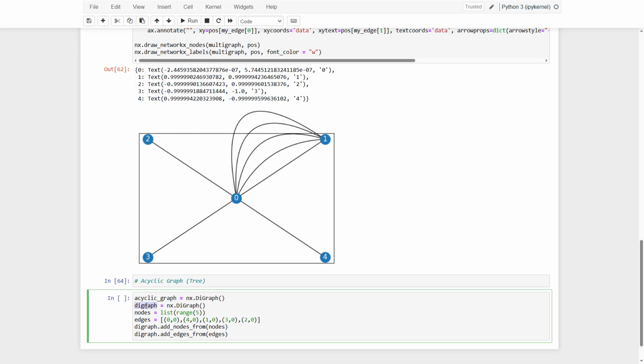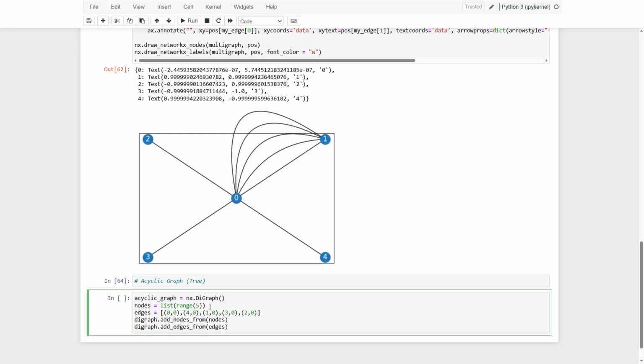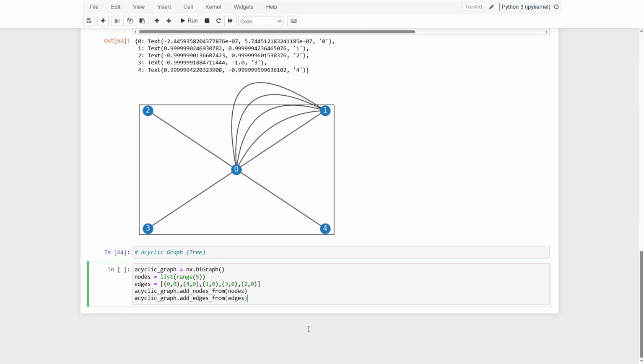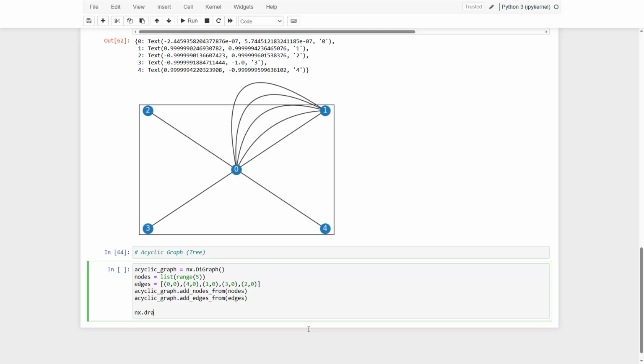Cyclic, okay, this one is deleted. Nodes, correct edges, acyclic graph, great. And let's see, nx.draw, networkx, acyclic graph, nx.kamada_kawai_layout, acyclic graph,